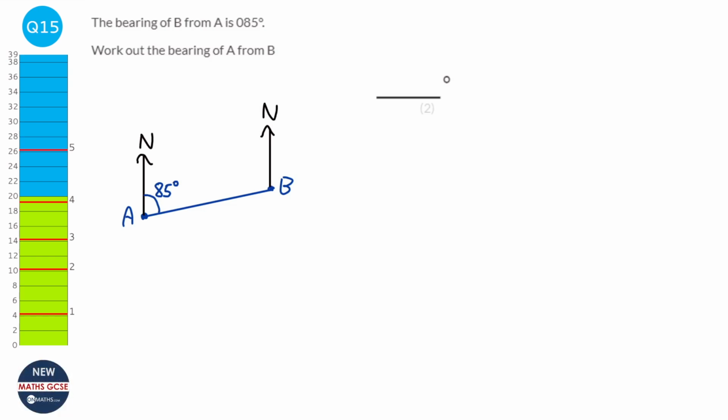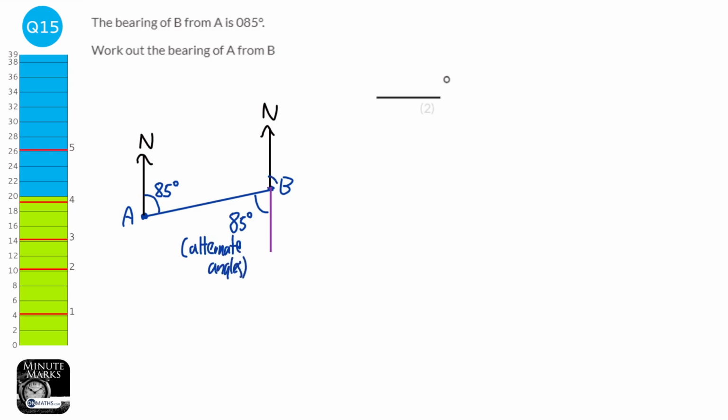So now it says work out the bearing of A from B. So the first thing we can do is actually just draw a line going down here, and we know that this angle here will also be 85 degrees because of alternate angles. It's always best to write that down somewhere, so we can just put in brackets here alternate angles,